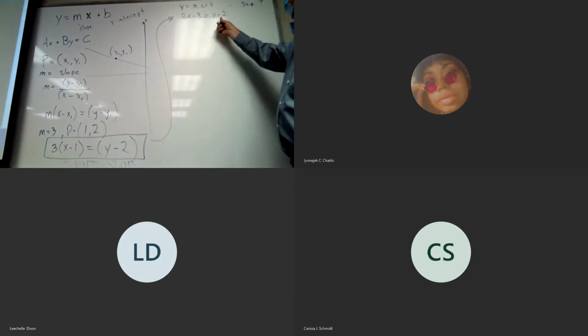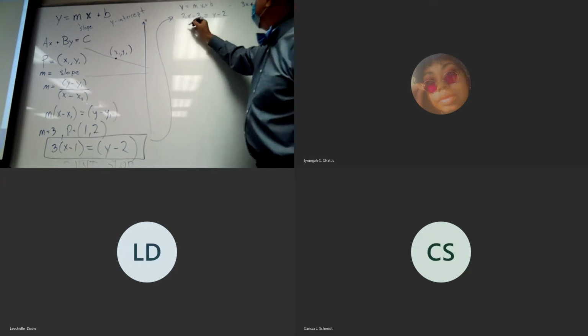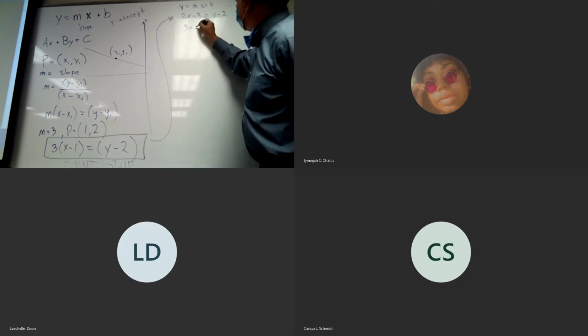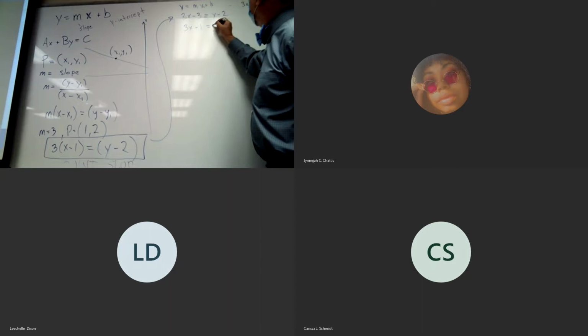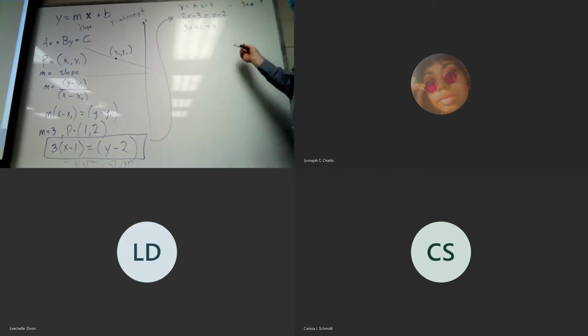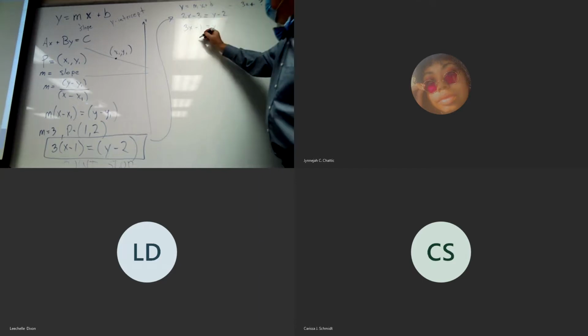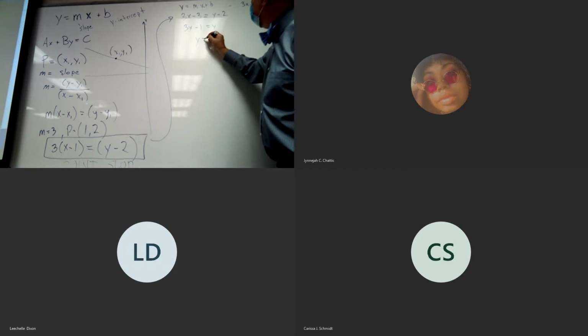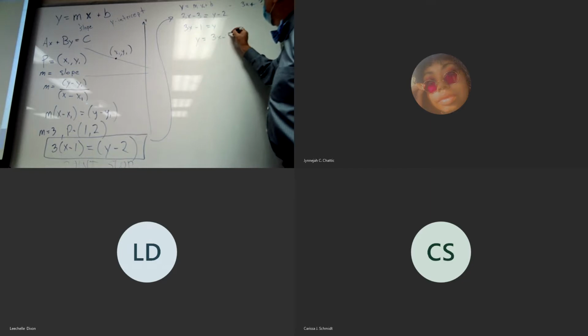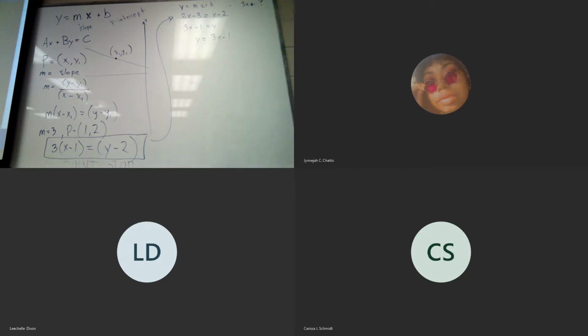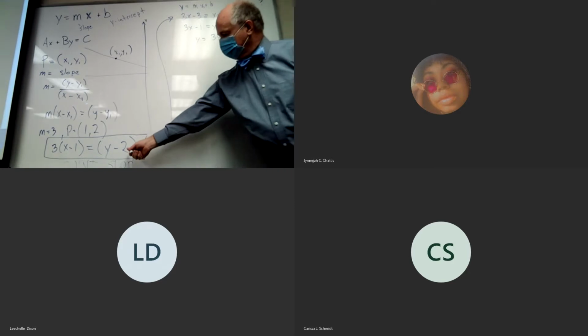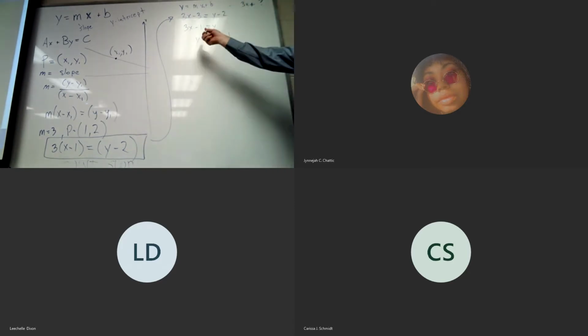To get the y by itself, I just add 2 to both sides, and I get 3x minus 1 equals y. And just to make it look nice and uniform, I reverse those: y equals 3x minus 1. So I've gone from point slope format to